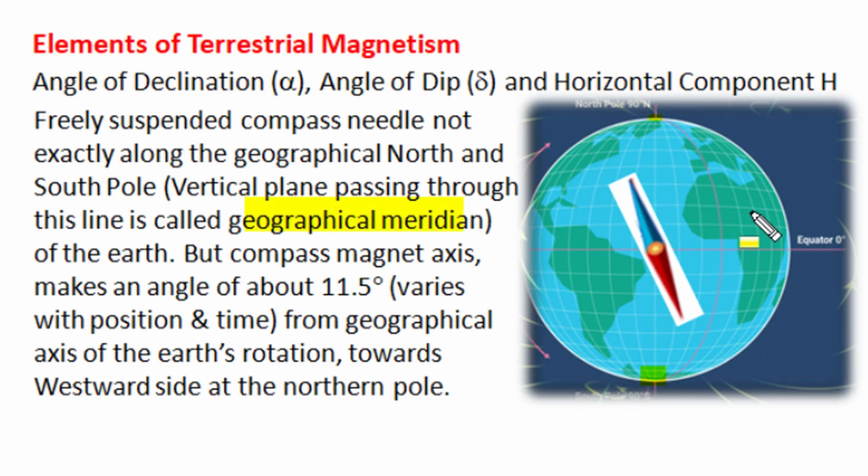Our Earth acts as a huge spherical body which spins about its own axis, and the two ends of the axis of rotation are called geographical poles. The one in the northern direction is called the geographical north pole, and the second in the south direction is called the geographical south pole, and a vertical plane passing through the line joining these poles on the surface of Earth is called the geographical